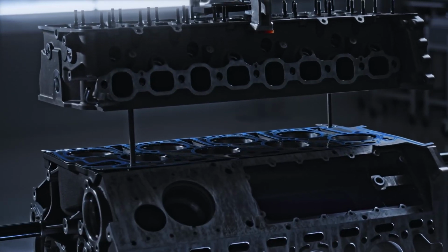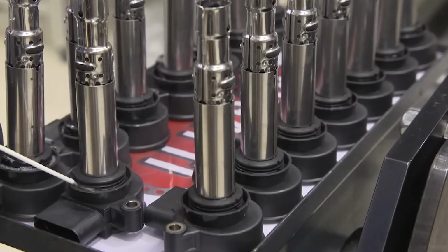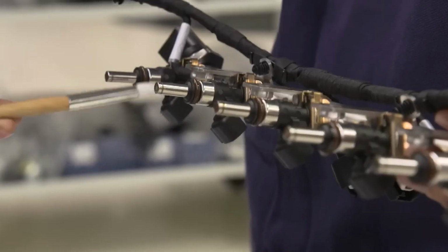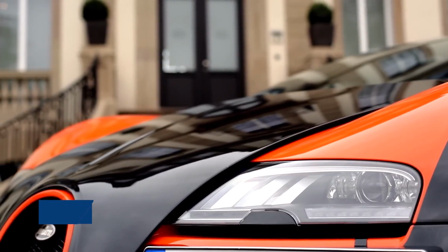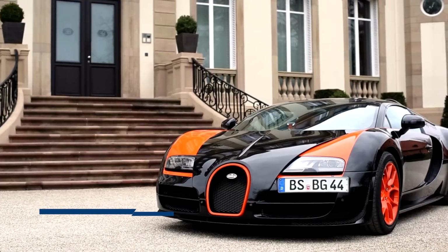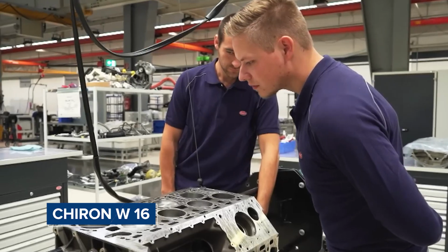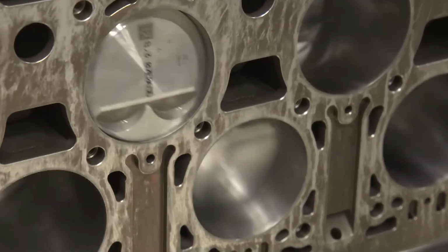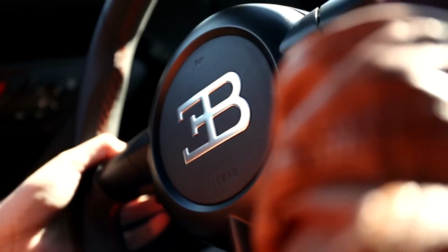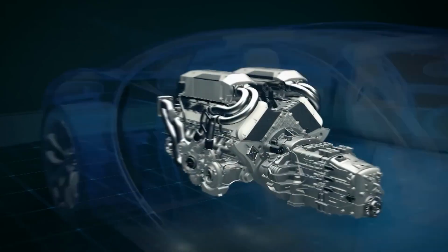Developing the engine was no small feat. Over 3,500 individual components had to be meticulously designed and assembled by hand. By 2001, the first prototype roared to life, delivering 987 horsepower for the Bugatti Veyron, the Chiron's legendary predecessor. While the Chiron's W16 shares the same 8-liter displacement as the Veyron's engine, it incorporates significant upgrades that push its performance to new heights. The engine produces